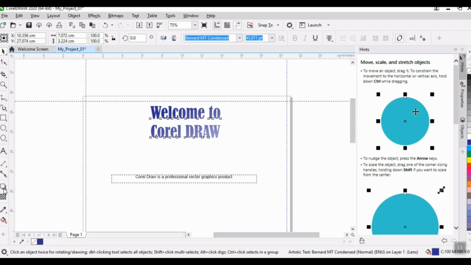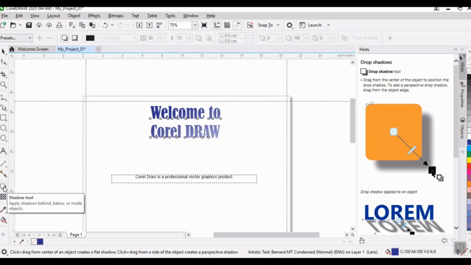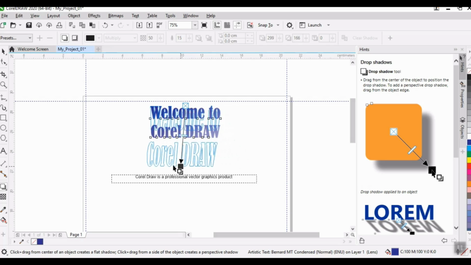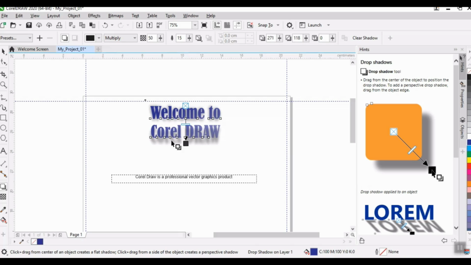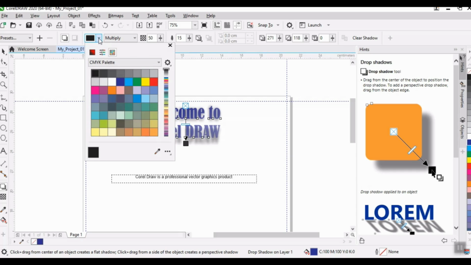Next we are going to add a shadow here. Click here. A number of options are available here. We are selecting the shadow. Click on the object and see the effect. I'm holding my mouse button on the left hand side, as per the requirement. Do it. The shadow effect is produced here. If you want to change the color of the shadow, click here and select the color as appropriate.